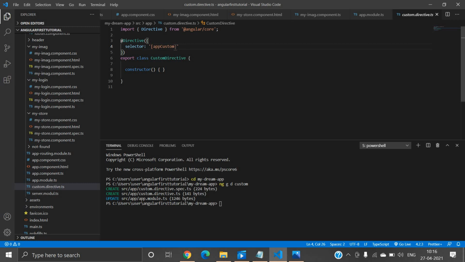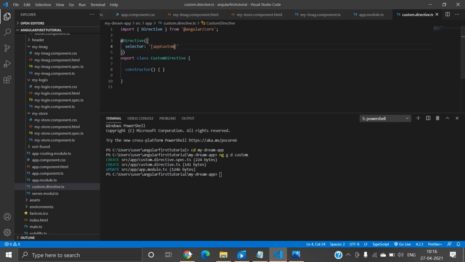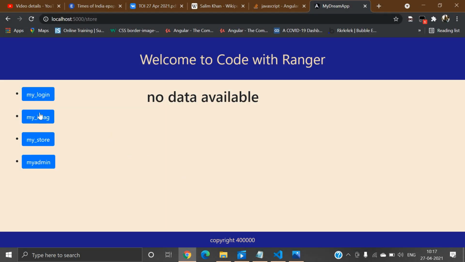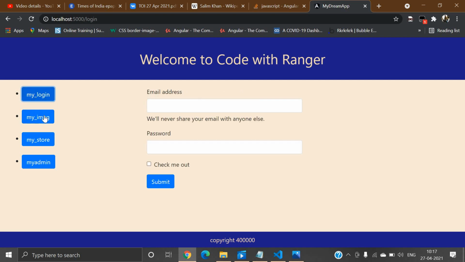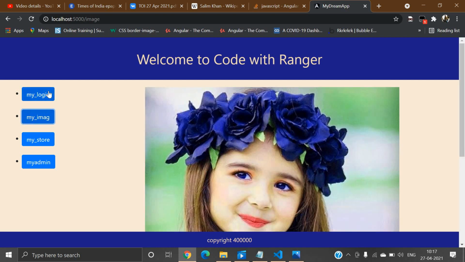Once we create a custom directive, you can use this selector anywhere in our project, right? So how to use this selector? In the previous video we created one simple project, where we had already discussed what is router and how to use router.